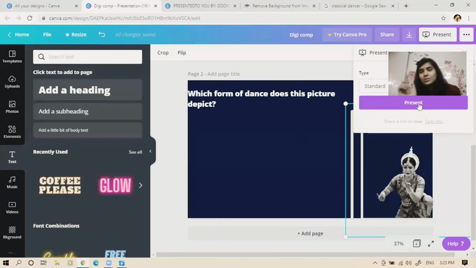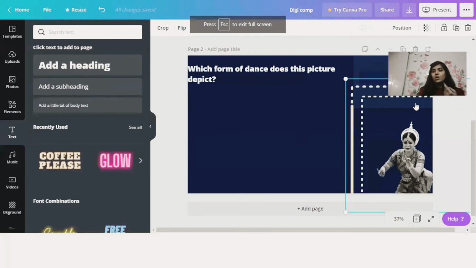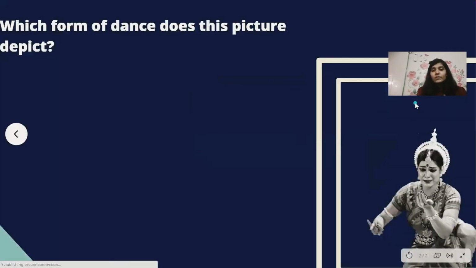One more thing about Canva is, for example, if you are presenting to your students, you don't have to download the video. It will be in your designs, okay? So you can just present the video directly from Canva also. That is also one option that Canva has added, not very recently, but yeah.